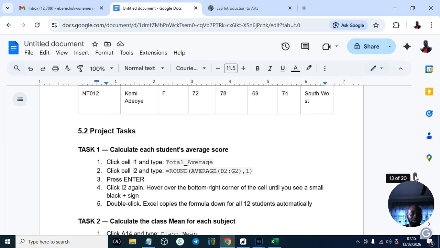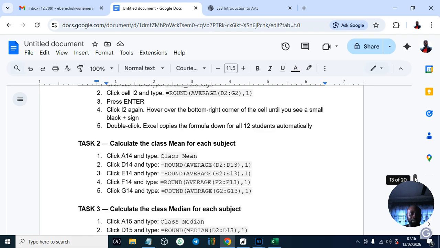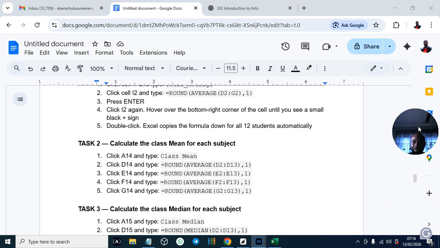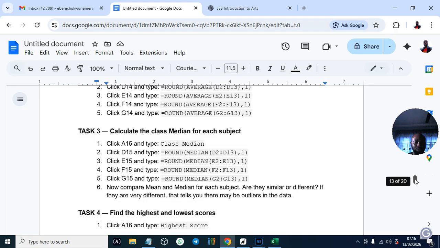This is a project. You look at your text, almost everything we have done here already. So click on cell 11 and type total average. Everything is already done for you here, but the reason I want you to do it on your own is that once you do all these things, even though I've already done it, it helps stack knowledge on you.